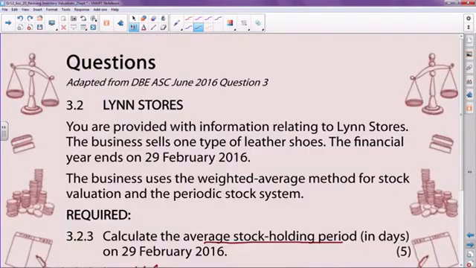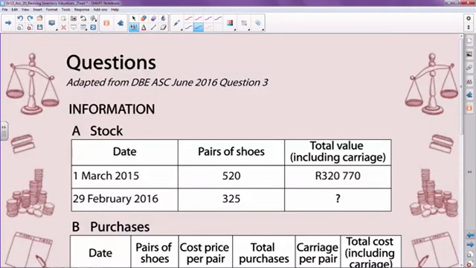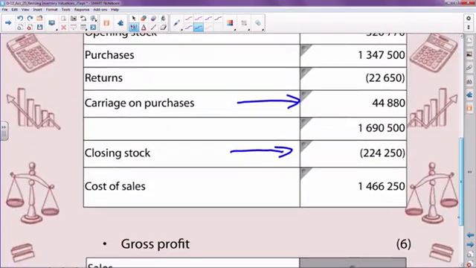So therefore, 320,770, and you add your closing stock. Do you remember what your closing stock was? Yes, you had calculated it. Your closing stock was 224,250,